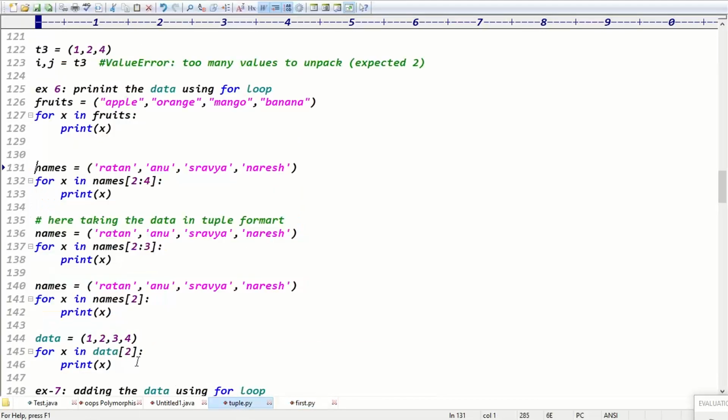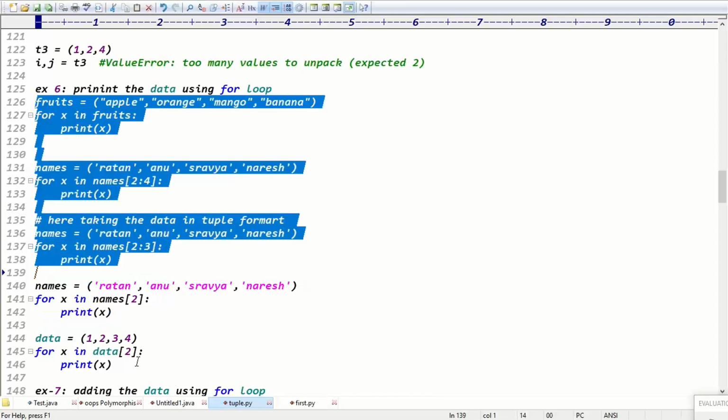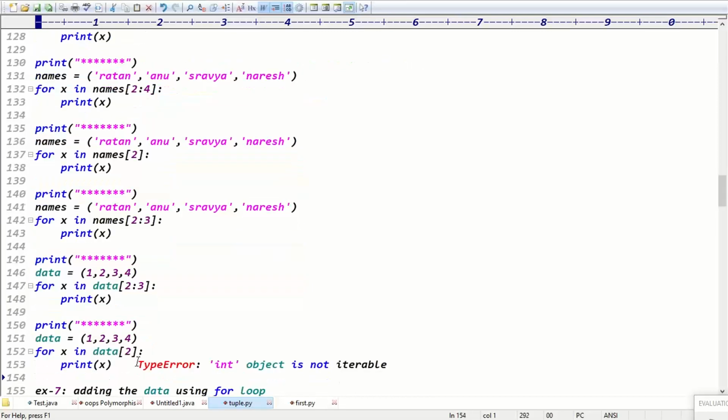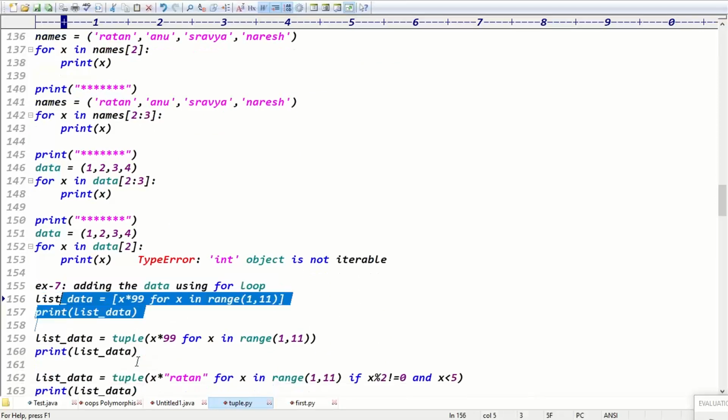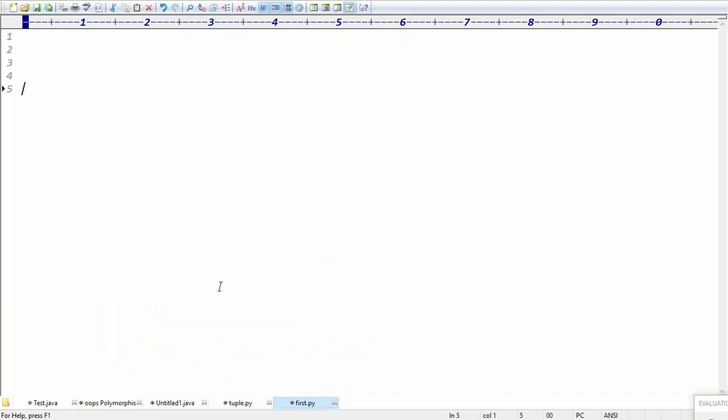Guys, this is a for loop to print the data. Next one is a for loop to add the data. I hope you know this line from yesterday. In the for loop, add the data. I take the list L equal to square brackets. What for loop have I written here?